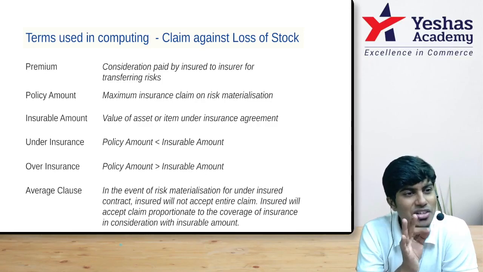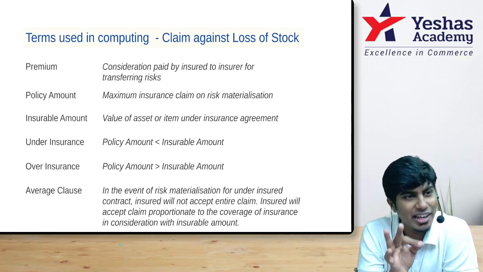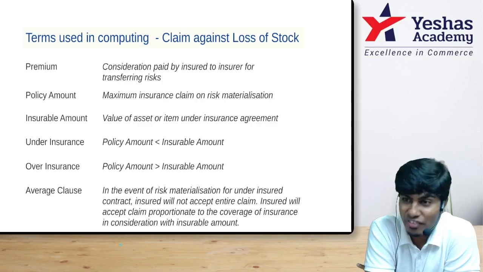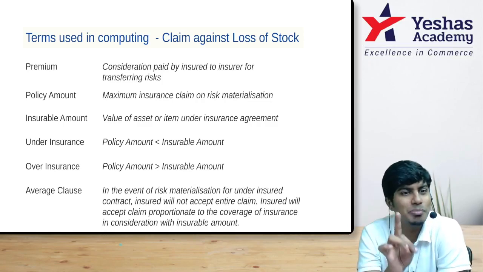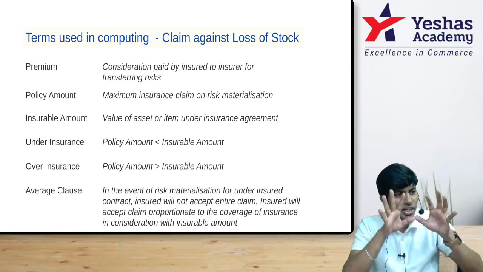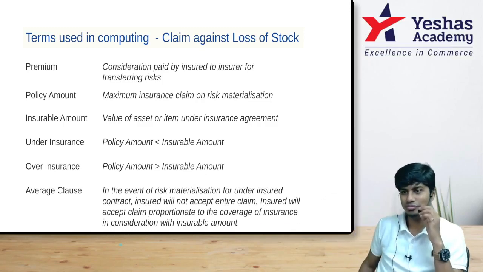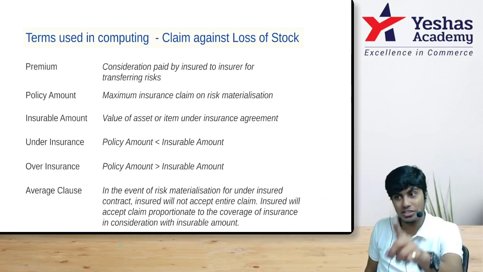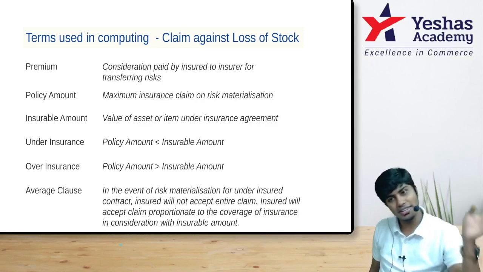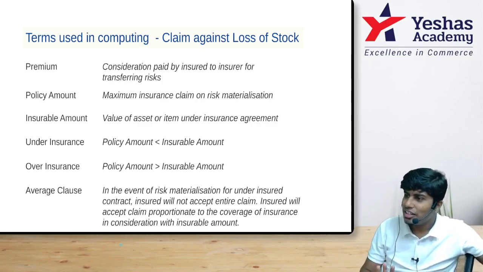I will give the insurance claim also for 83.33% of the loss. How much is the loss? 90 into 83.33%, so 75. The insurance company will give a claim of 75,000. Not one rupee more than that. For every unit they say you've taken insurance for 83%, so out of the loss I'll give you 83%, because 17% of the stock you have not insured. Is this fair? Did you understand this?